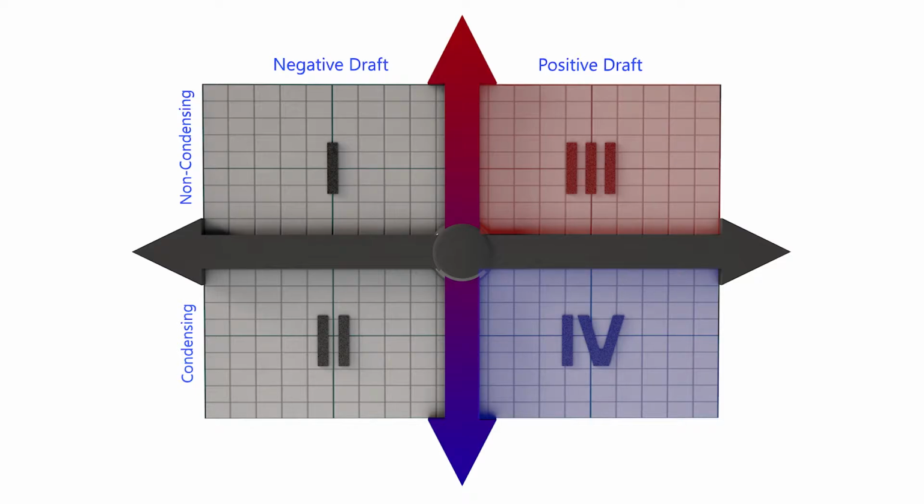But the right side of the chart is forced or induced draft. This means there's a mechanical force placed on the flue gas to physically push the flue products out of the living space. Each of these categories potentially require different flue materials and are sometimes called out specifically by the manufacturer